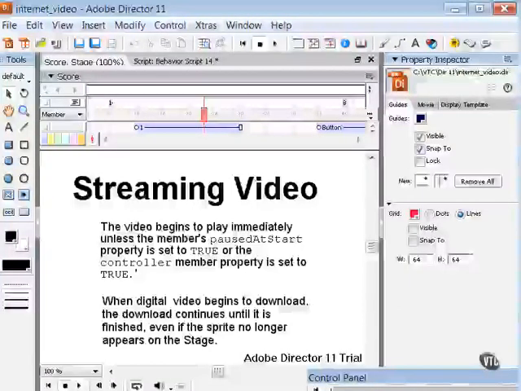The RTSP URL must end with the file name extension .mov. That's the QuickTime file extension. This will indicate to Director that it should be treated as a QuickTime stream. When you do use streaming digital video in a movie that will be distributed on the internet, you'll want to remember the following points. First, the video will begin to play immediately unless the cast members or sprites paused at